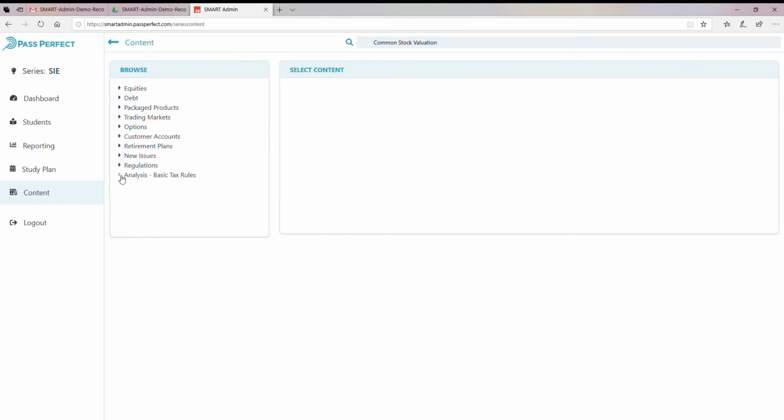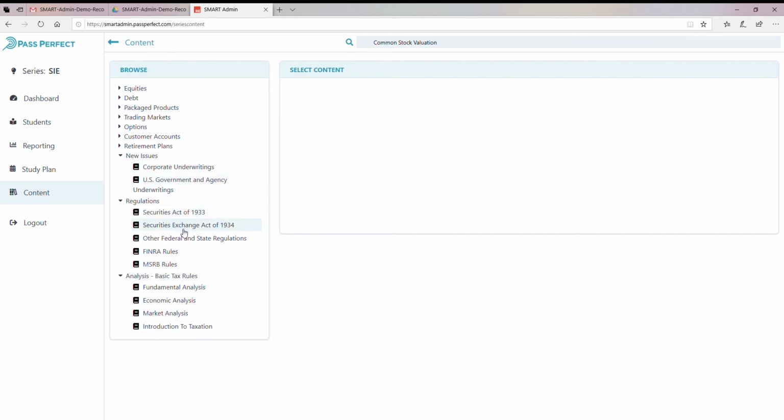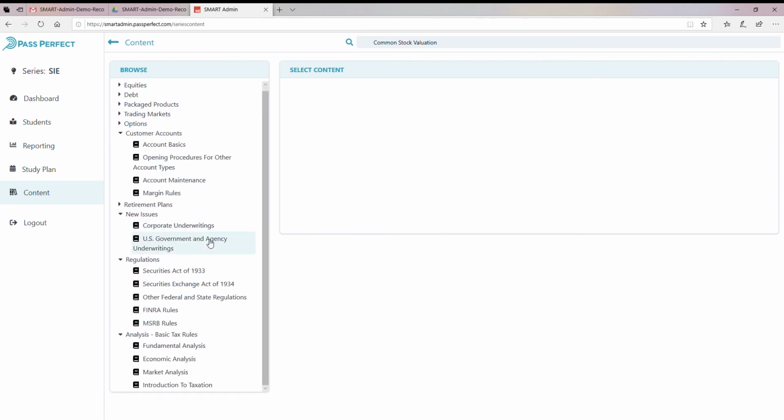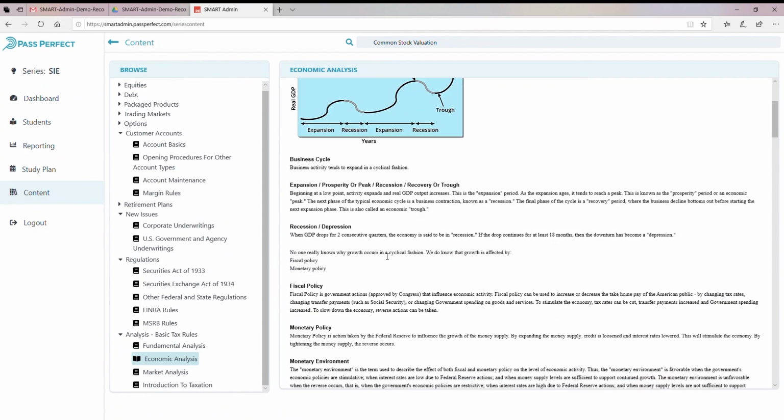You can also browse through it by clicking the drop-down menus here, through all of your chapters and topics. Let's try searching one more time. How about something in economic analysis? Let's check a keyword here. How about,